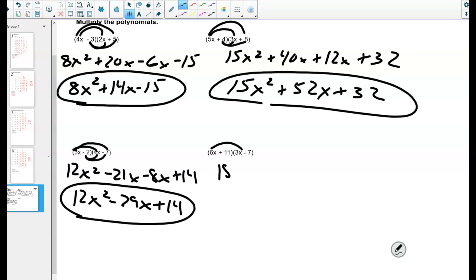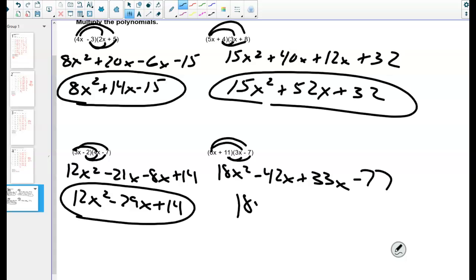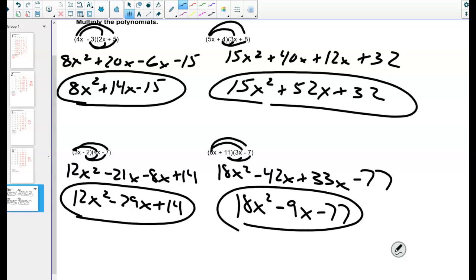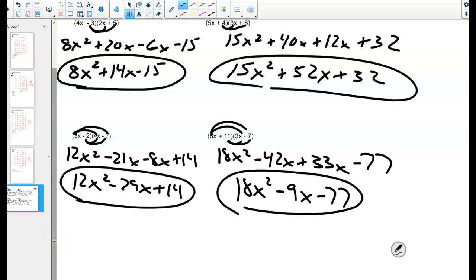6x times 3x is 18x squared. 6x times negative 7, minus 42x. 11 times 3x is 33x. 11 times negative 7, negative 77. 18x squared minus 9x minus 77. And that is our